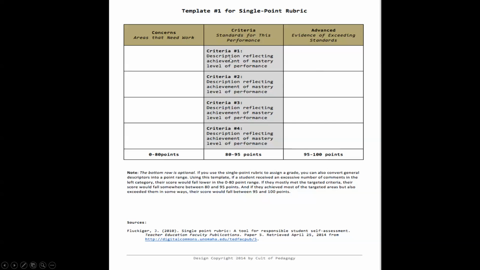So basically, you are saying that this is the standard that you want, but this person is able to not only do this, but also able to show more. So by writing in this column, you are providing clearer evidence of why you think this person should deserve more marks than 95. If 95 to 100 is excellent, and 80 to 95 is meeting the standard, and 0 to 80 is below standard, or maybe average.